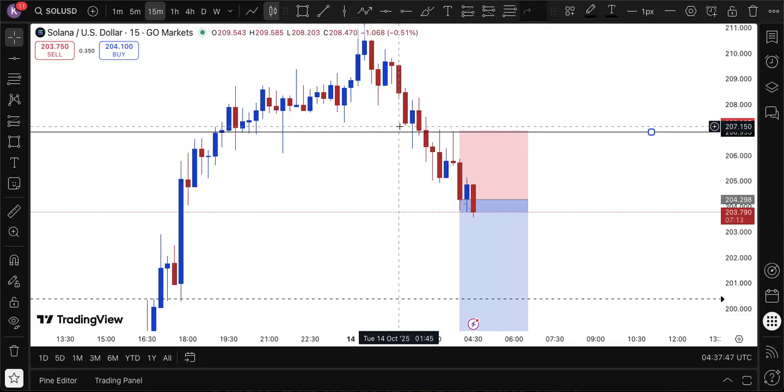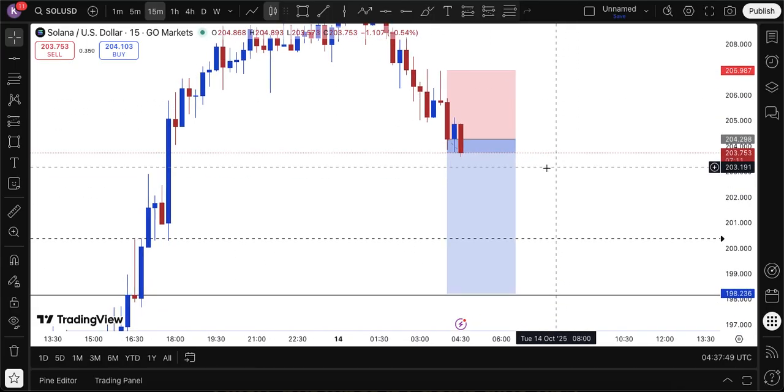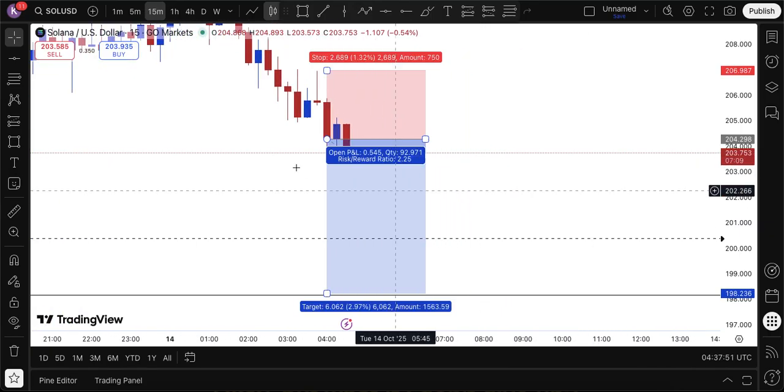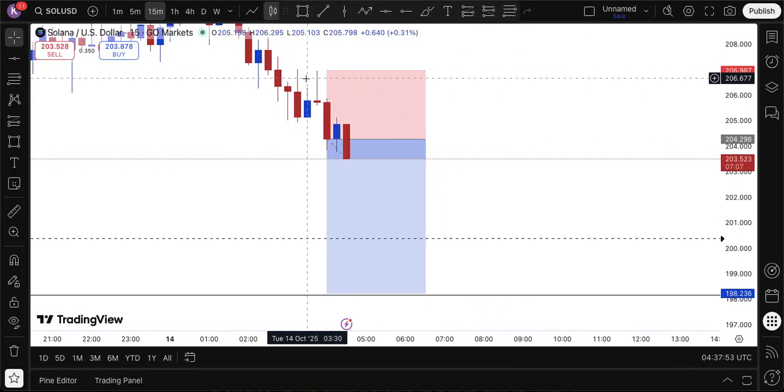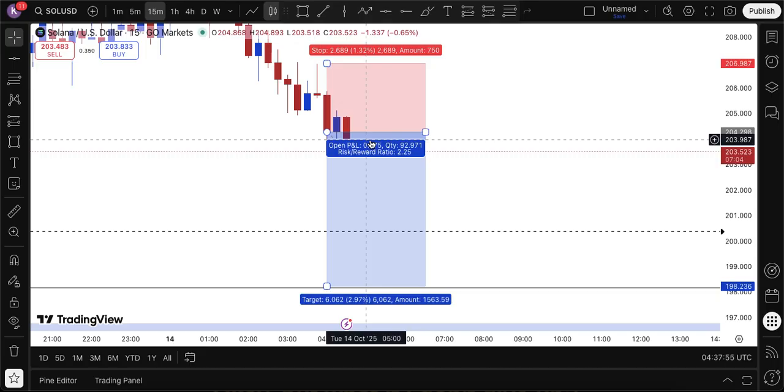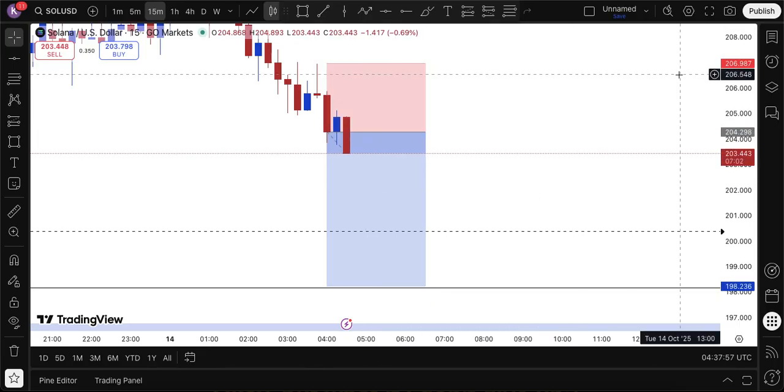I don't know, man. It just seems like a very valid one. After the evening star closed, I was there when it closed, honestly, and I just entered from here, put a stop loss there, and targeted this whole thing. I might go back to some price action because, I mean, bro.